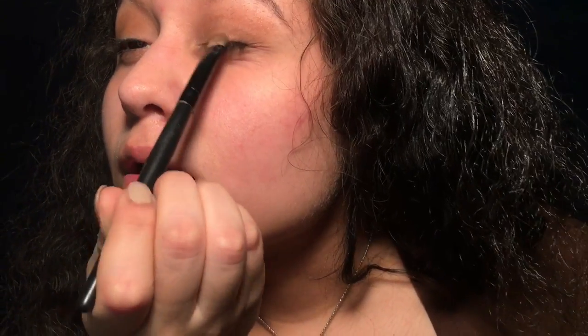I'm gonna just do here to here and just pack it on. And this isn't meant to be perfect because I still have to hit in with other colors on my crease. So now that I packed that on, I'm gonna use my